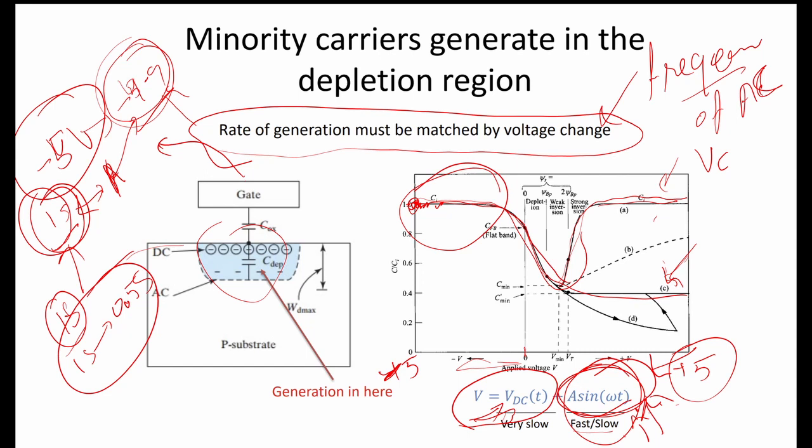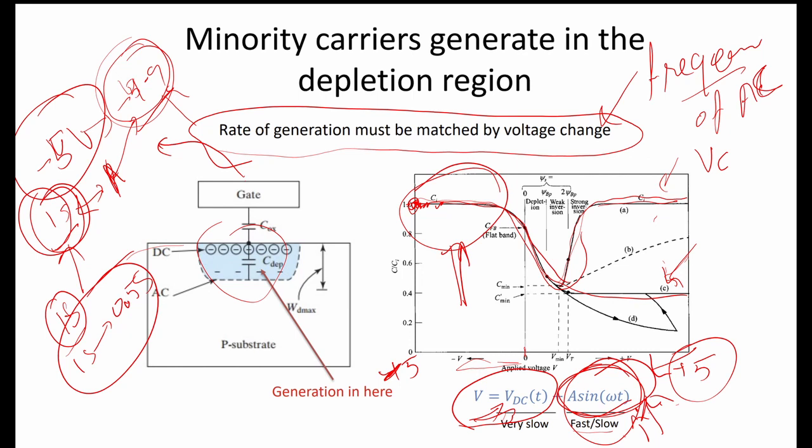The majority carriers are accumulating at the interface. There is no generation, but holes are moving at the interface, leaving, coming, going, that can happen